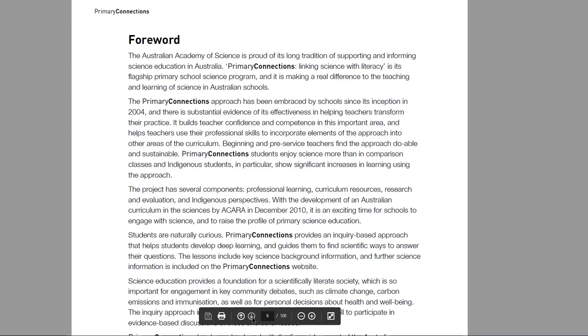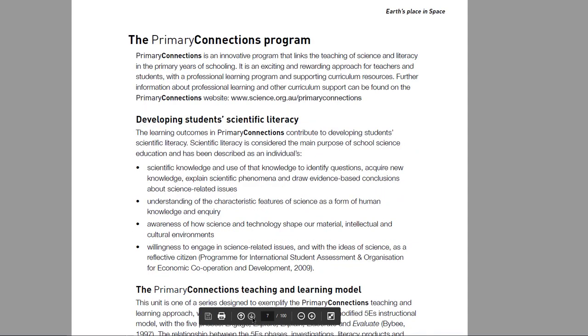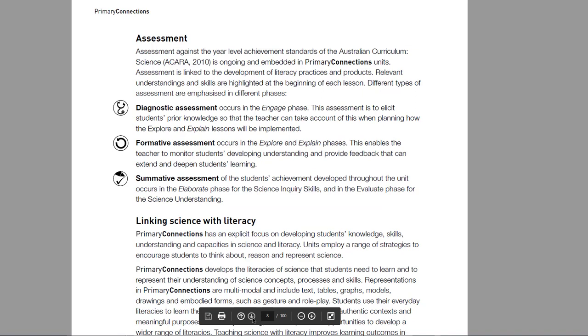Now this document's 100 pages long, so a lot of it's made up of some induction materials, the foreword, why is this unit what it is, why primary connections are what they are, and where they came from and why they exist, and ultimately, of course, how they connect to, in this case, literacy, and they also connect to the Australian curriculum. So we can see here that assessment in this particular unit covers 3 different streams: diagnostic, formative,